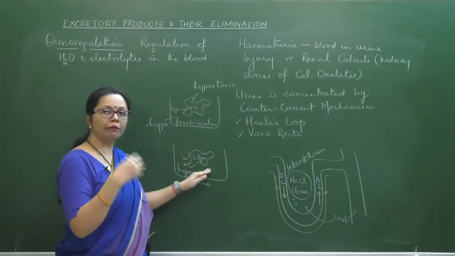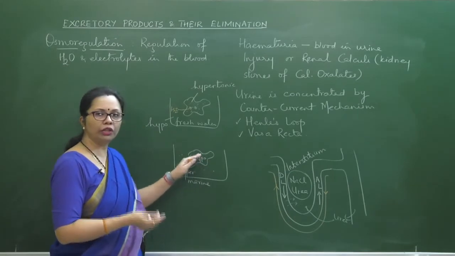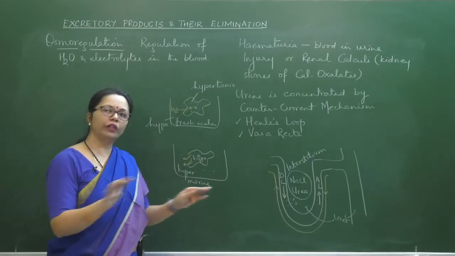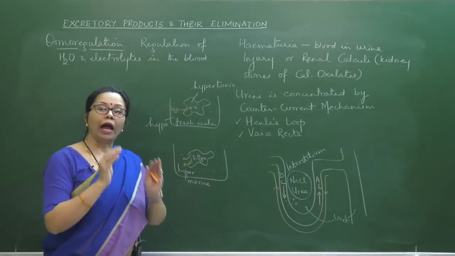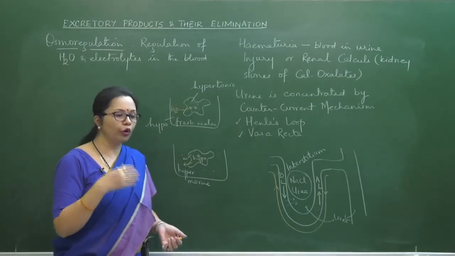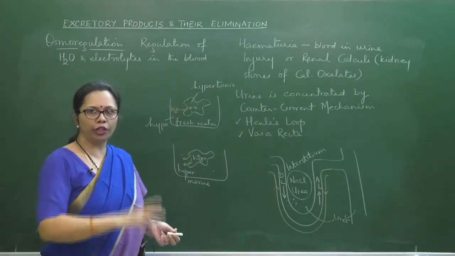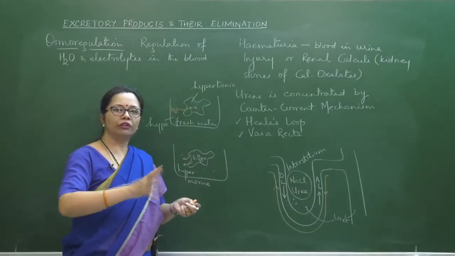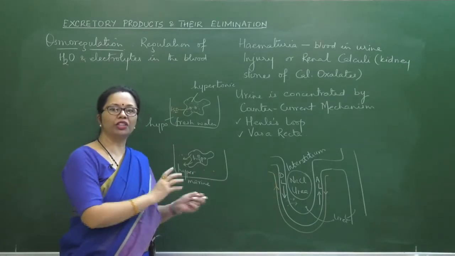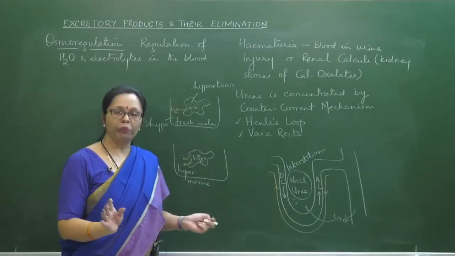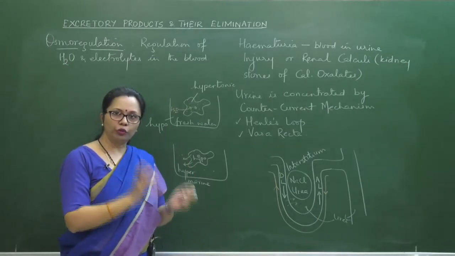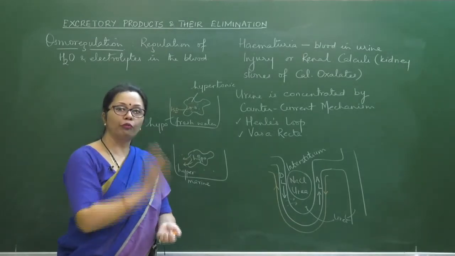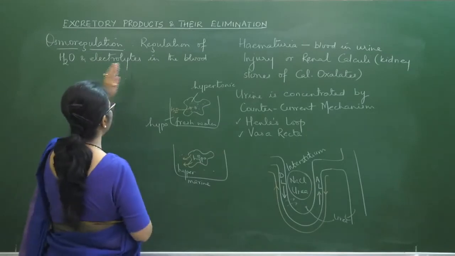Now in marine habitats, some animals maintain their body fluid concentration same as the marine water. So here the blood and the sea water are isotonic, so they don't have any problem. And if such a thing happens, those are called osmoconformers. Conform means to change according to the situation. They don't have their own stand. So their body fluid concentration changes according to the external medium, so that there is no problem to them. That is osmoconformation. And osmoregulation would be that we have to change the urine concentration so that our body fluid concentration remains the same. Okay, so anyway,